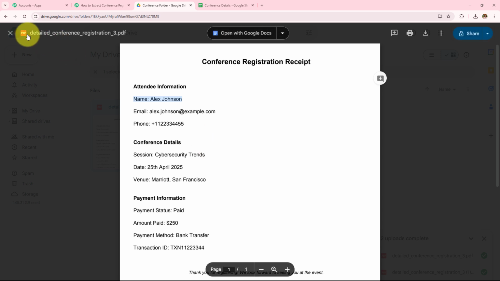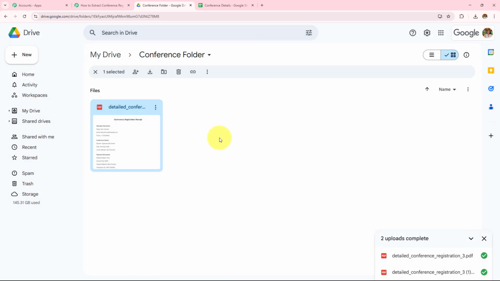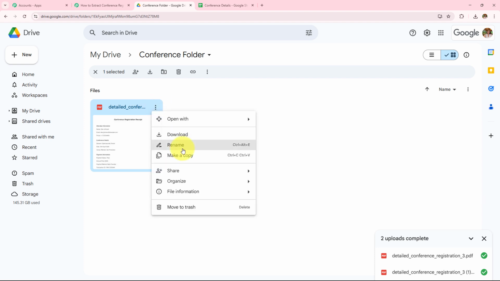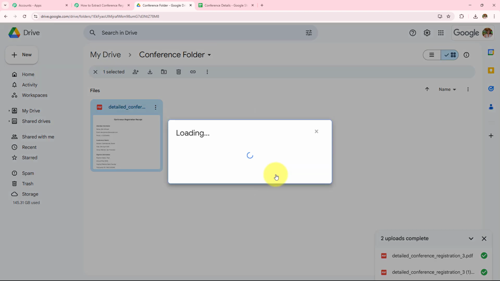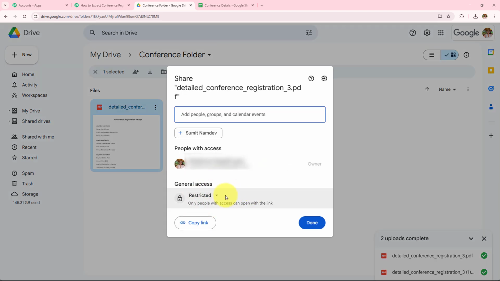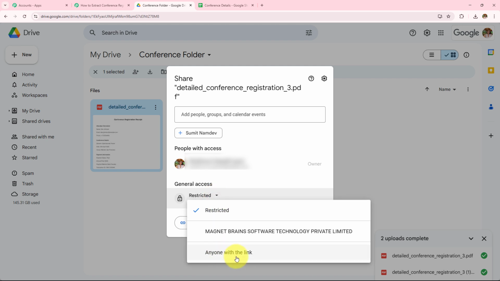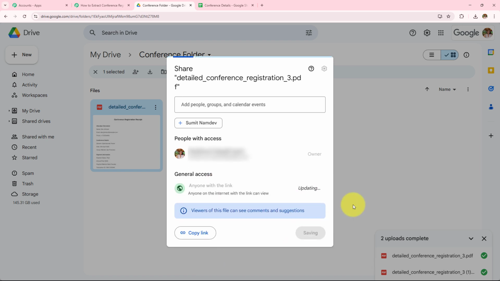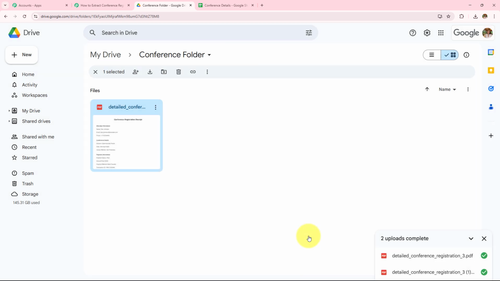Now what we are going to do, as we have uploaded this PDF, we have to click on the 3 dots in this particular file. And then we have to go to the share. Then click on the share button. And then in this general access, I have to give the access to anyone with the link. Now I have to make sure that I do this step because whatever response I will be receiving, it will be of the file which is shared with anyone. Now if I keep this restricted, OpenAI will not be able to have the access of the file. So here we have given the access and now we are simply going to click on this done.